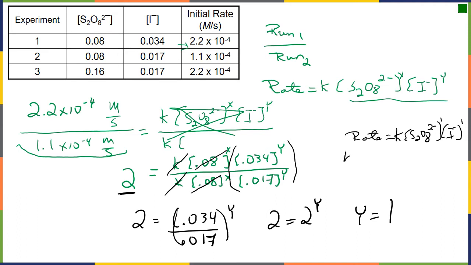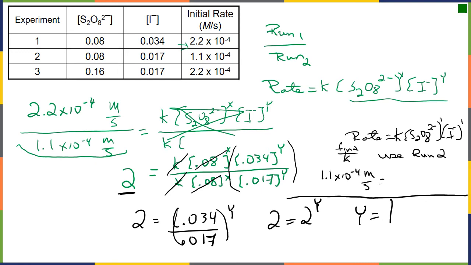So you want to find k. To find k, we are just going to go to one set of data and plug in our values. So to do that, for no particular good reason, we're going to use run 2. You could use any run you want, but if I used run 2, I'd get 1.1 times 10 to the minus 4 molar per second is going to equal k times 0.08 molar times 0.017 molar. And if I do the math on this one, I'm going to get a value of k equal to 0.0074. Because our overall order is second order, this is going to have units of